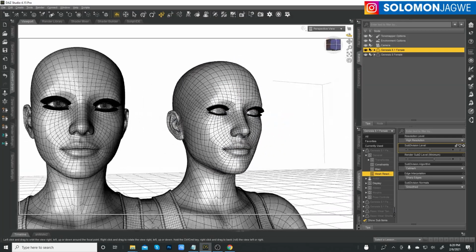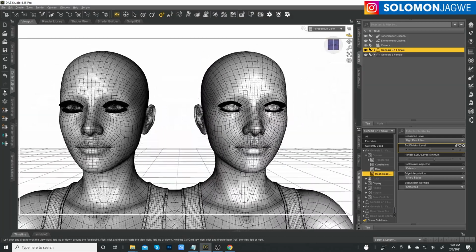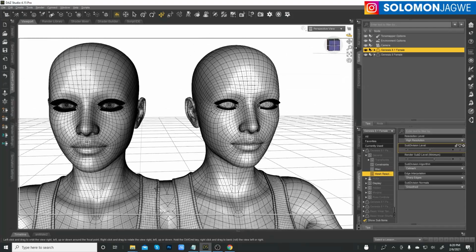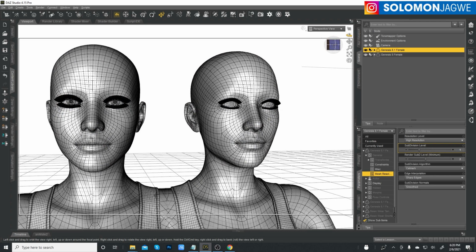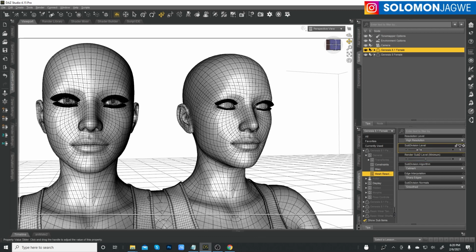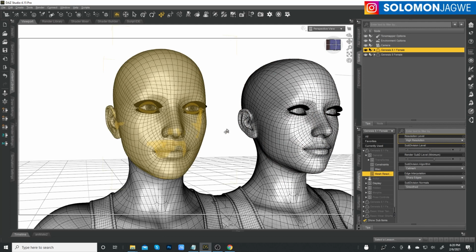Okay. And actually, you notice there's a change in the interactivity, or rather the responsiveness of the viewport. And that's because I increased the subdivision level of this character. So just keep that in mind, guys, if you choose to increase the subdivision level, that it's going to slow down your machine, and it's going to depend on how good your machine is. Okay. So let me honor how they set it up. I'm going to increase the subdivision level back to 2, and we're going to check out how good this model is. Now that we know for sure that there are some differences in the geometry and also the eyes for sure,